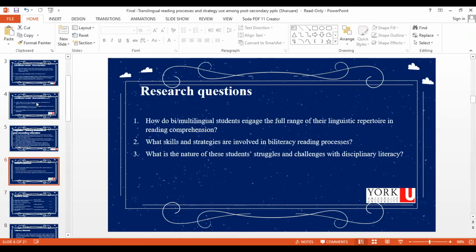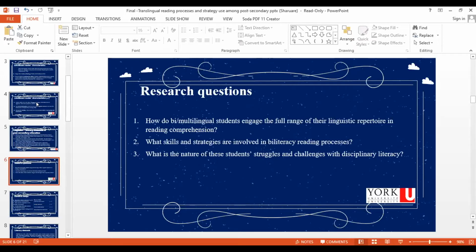So the purpose of the research is to examine the reading processes and strategy use of bi- and multilingual adolescent readers ages 17 to 20 years at the post-secondary level, and to develop and pilot a new Think Aloud protocol for examining adolescents' reading for and by multilingual learners to support the disciplinary teaching and learning needs of these youths, and to generate theories and models of reading that reflect current understanding of bi- and multilingualism as translanguaging and translingual practice. Following this purpose, we have developed three questions.